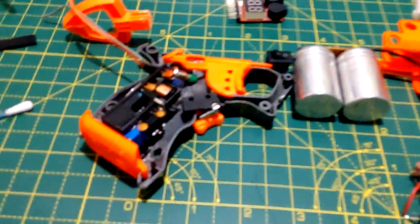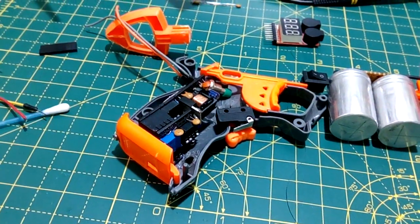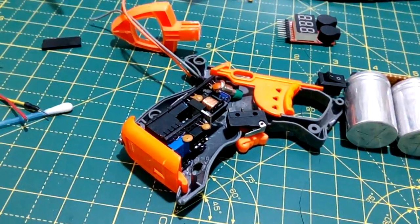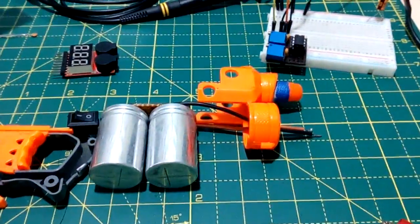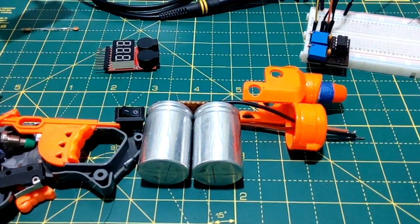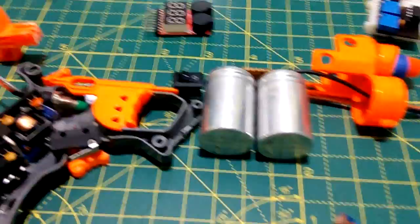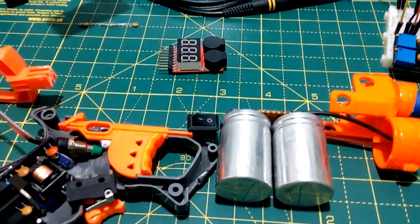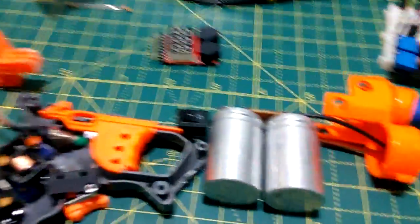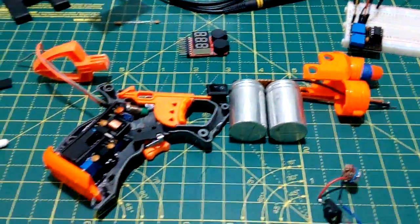So let's take a closer look. I've salvaged most of these parts from an old Nerf gun of mine which I had. My original plan was to build the whole thing into a Nerf gun, but I decided no, I didn't have enough flexibility with the space. What I mean to say is I didn't have flexibility to do what I wanted with the space. So I thought of redoing the whole thing. I'm going to make it out of 1 mm thick